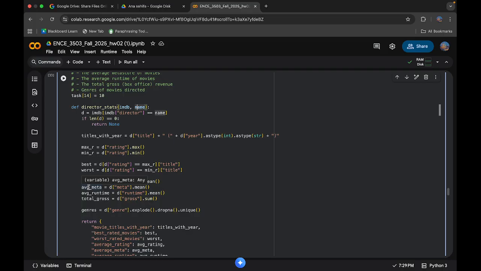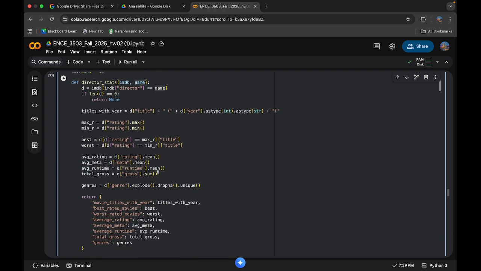Then I calculate the total box office revenue by summing the gross value across all movies. It shows how commercially successful the director has been, and finally I get all genres